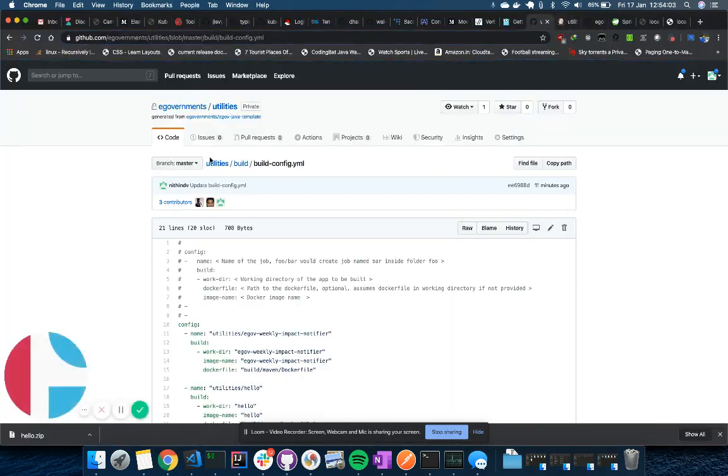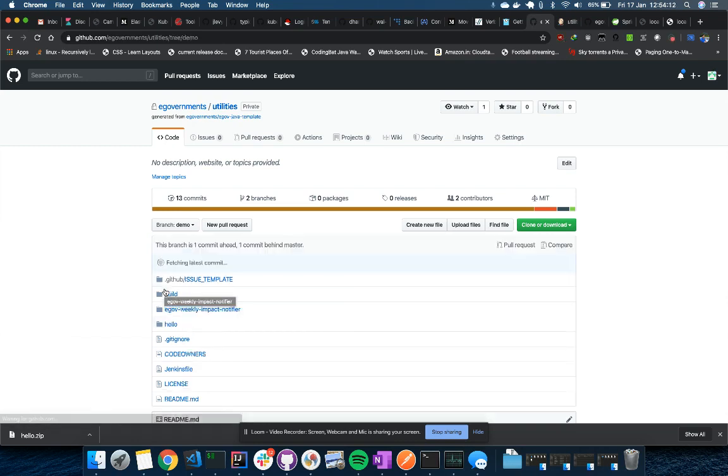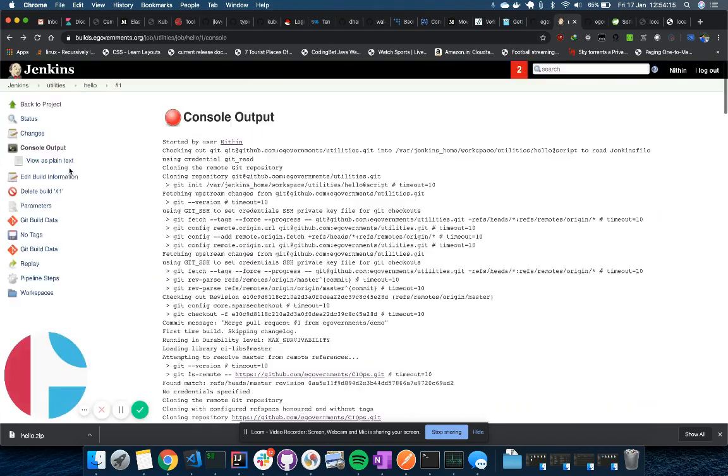So the other thing that you would also see because of this change is that I wouldn't be pushing every time to master. Rather, I would be developing on my feature branch or my bug fix branch and so on. So you can always push to that, and then you can build from those branches instead of always building from master.